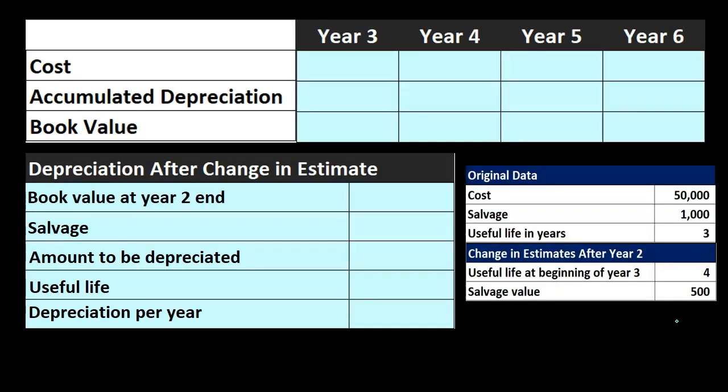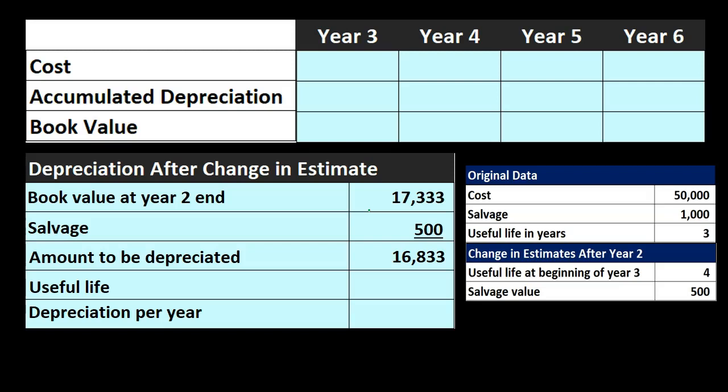To do that, we're going to do basically just the same type of straight line calculation. However, instead of starting with the cost, we will start with the book value of where we're at, the 17,333 at the end of year 2. Then we'll subtract out the salvage, which has changed now to 500 from 1,000. If we subtract that out, the 17,333 minus 500 gives us